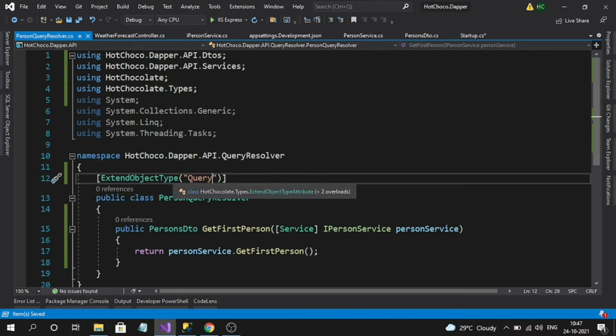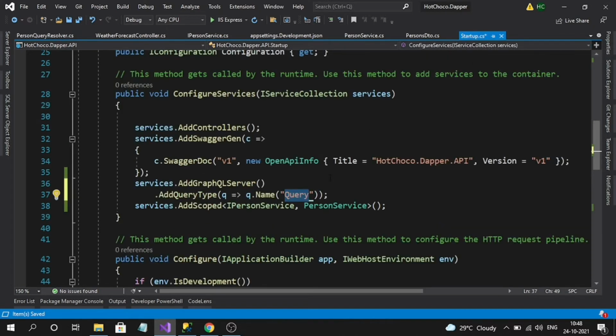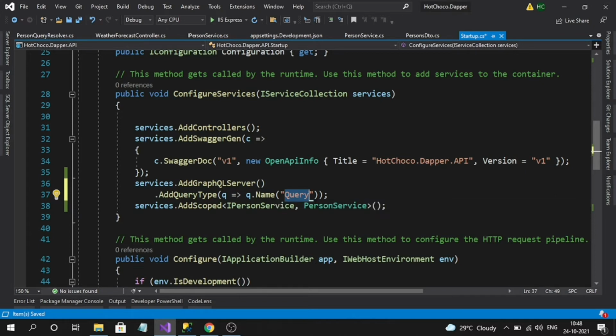Why? Because of this we can have n number of resolvers. Based on our business, like person resolver, customer resolver, order resolver, like that we can specify. If we don't do it like this, we have to use only a single resolver class that needs to be directly registered here. So to get the flexibility to split into n number of resolver classes, we have to register a root name like this.